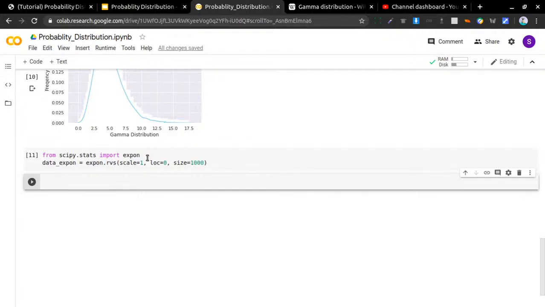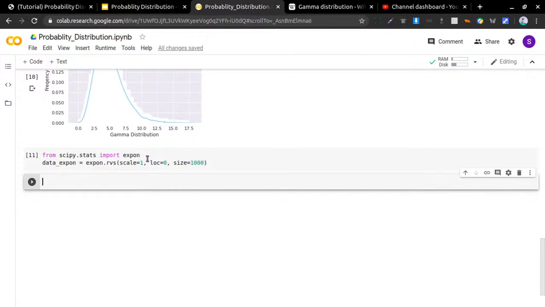To shape the distribution, we have used the loc argument, where we set the value as 0. And size decides the number of random variables or variates in the distribution. And we can give one more parameter, random_state, if you want to maintain reproducibility. But we don't use that right now.